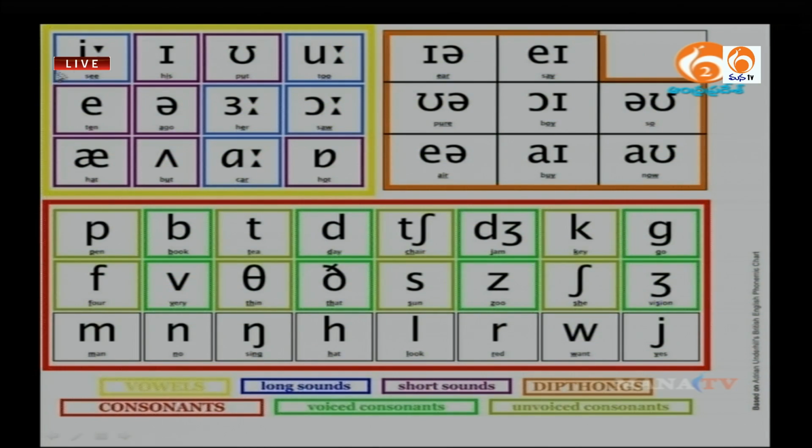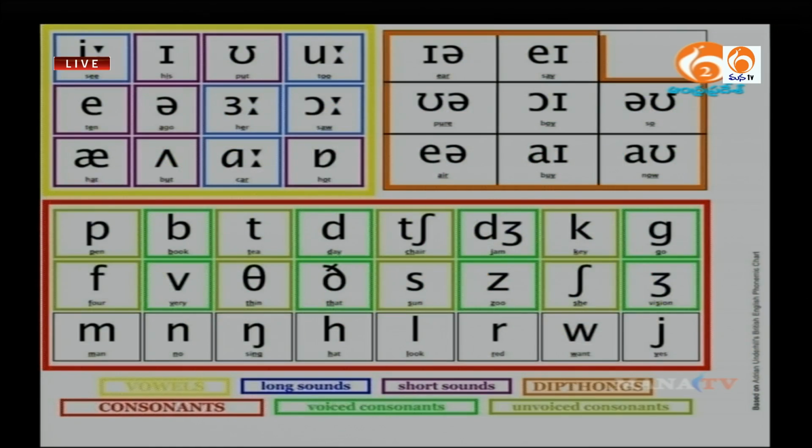Let me give you an example. The first sound, long E, and the second sound, short E, are where your air is freely passed. There is not much obstruction of the air. Hence these are called free flowing sounds, or sounds which do not have obstruction while they are produced.